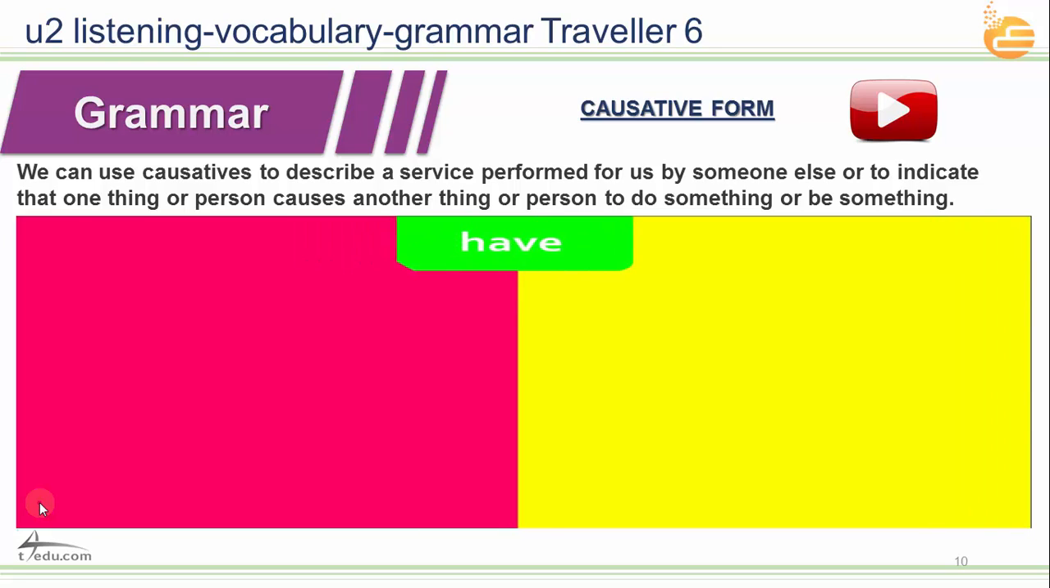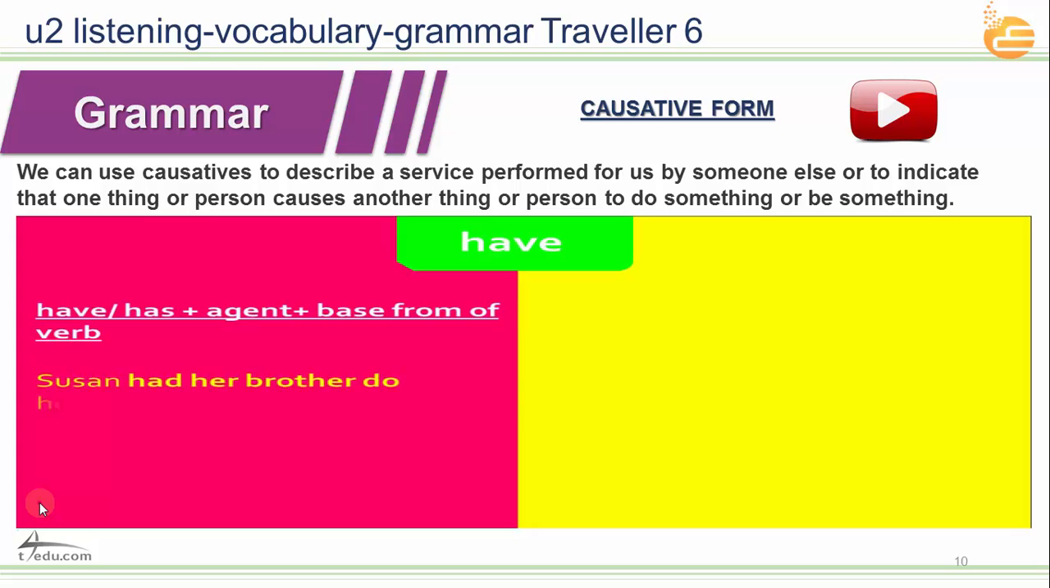If you know the agent of the sentence, then you can use this structure: have or has plus agent plus base form of the verb. Look at the example. Susan had her brother do her homework. As you see, we have had plus the agent, which is her brother, plus the base form of the verb,